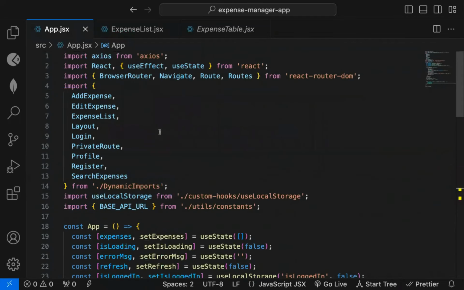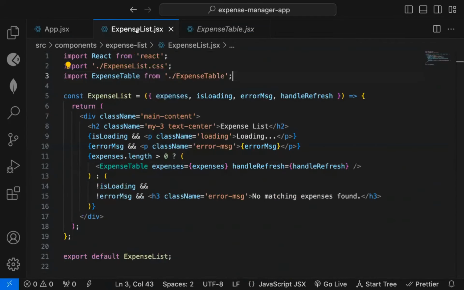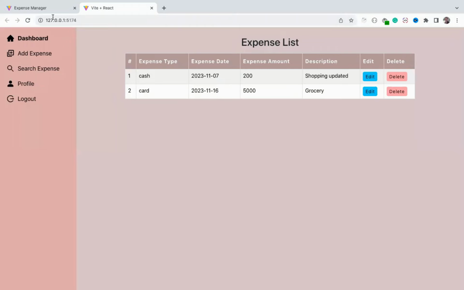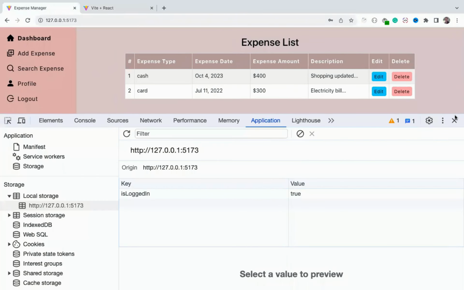Boundary, suspense boundary. So how to use lazy loading. So today we'll improve some code. So if you see the final application